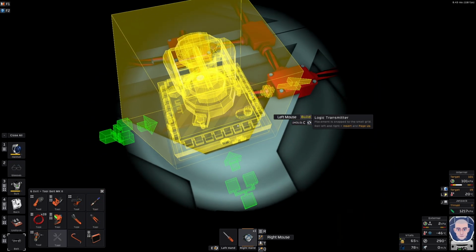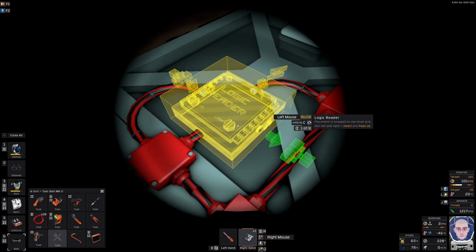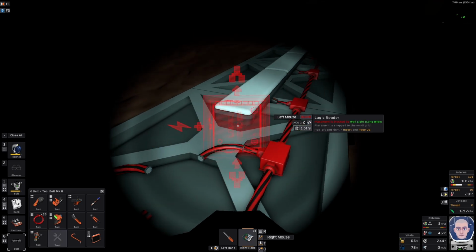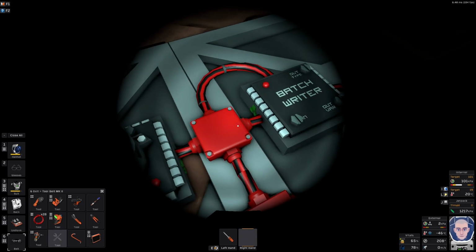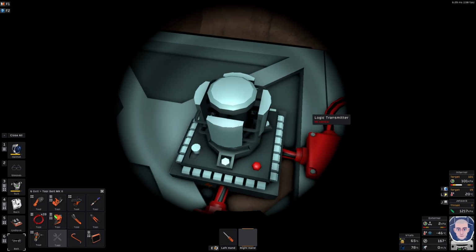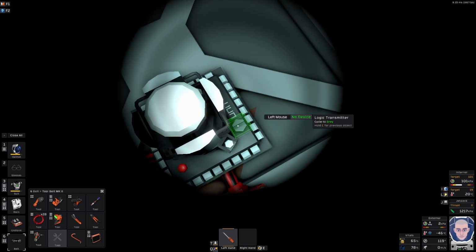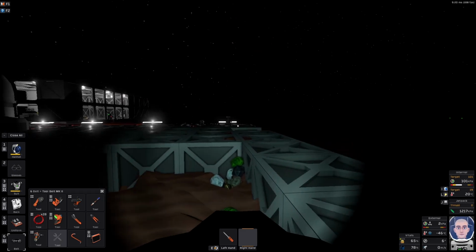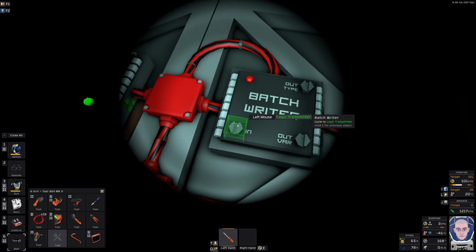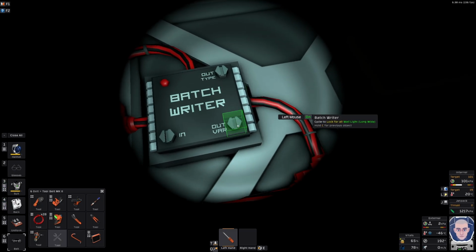And as you can see, and we pop in a batch writer here. Nothing else, just that. And this unit we will set to read from the master, outdoor master on, and he's now mirroring that one. So if we set this one to read from the transmitter, write to the light, and we set the on value,